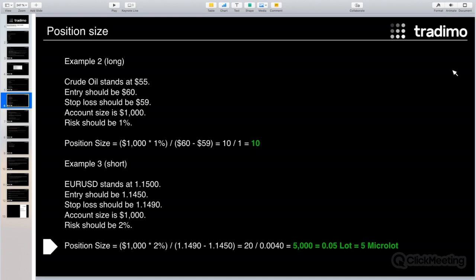Hans-Peter was absolutely correct. So the entry level is the level we want to enter the market, and the stop loss is a specific level in the chart where the stop loss makes sense. And the distance between entry and stop loss is the money we are happy to risk. And everything is fine for us because our risk and optimal position sizing is in this kind of setup that we don't lose more than we want to.